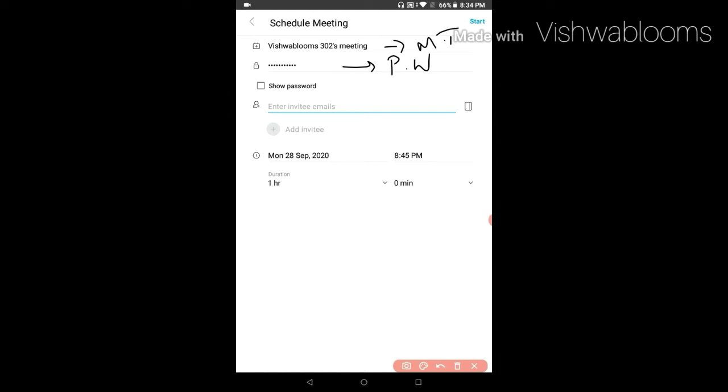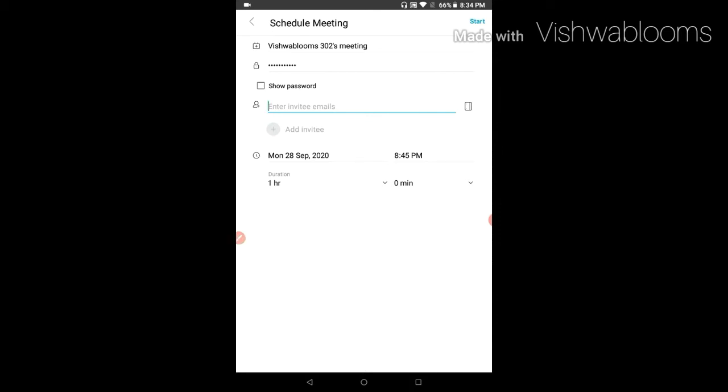They will get a join option, and you will get a start option. For schools it is not required, because you would always be writing the email IDs. This is the date and day, this is the time, and here we will have the duration. Hope you all understood it better.